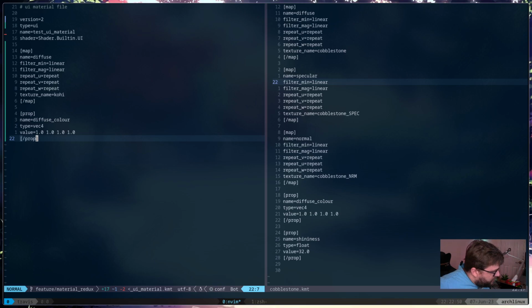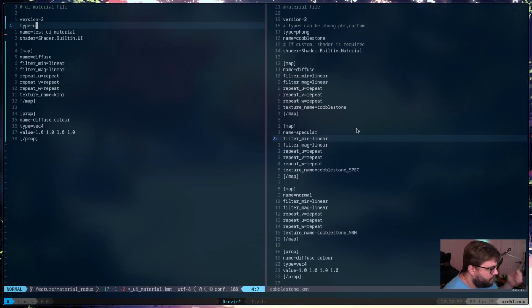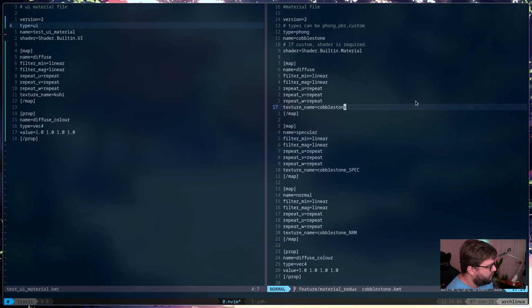In fact, these properties are copied directly from the other file. I do have this set to version 2. Type is UI. The shader, I guess, shader.builtin.ui, I guess we don't need that. But it should still work.